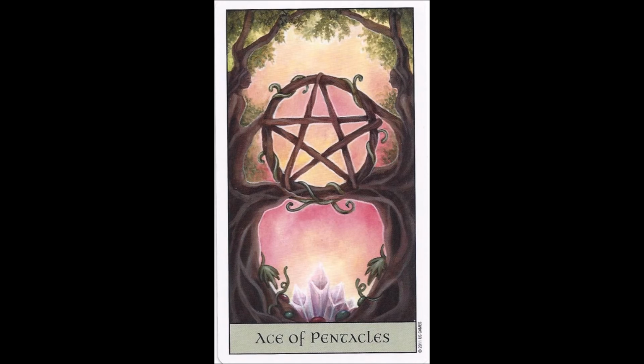The Ace of Pentacles upright. As I mentioned when explaining pentacles in the last lesson, people often associate a pentacle with evil, black magic, or witchcraft, but you'll need to put those ideas aside when reading the tarot. The Ace of Pentacles actually represents money, material things, prosperity, good business ventures, which are all things you want for